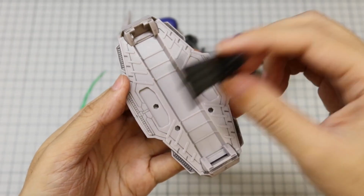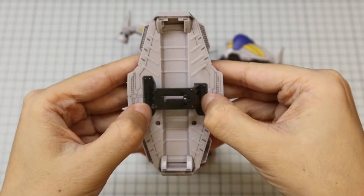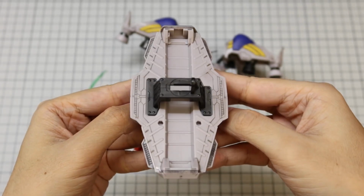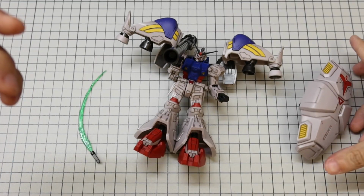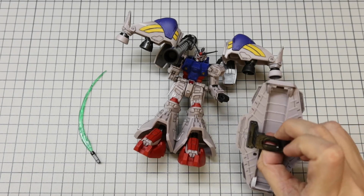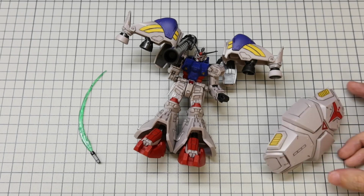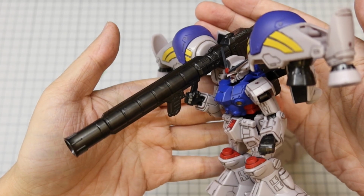So that's points for Gframe. And yeah, plenty of sculpts at the back of the shield. And yeah, due to the way the handle is designed, it even has trouble being straight when I lie it on the table. But anyways, the atomic bazooka in this case,